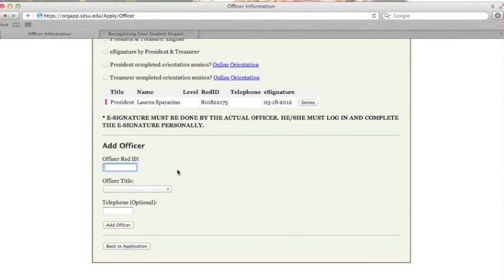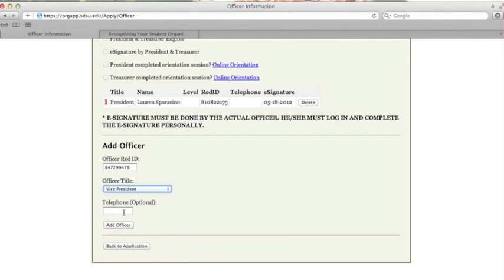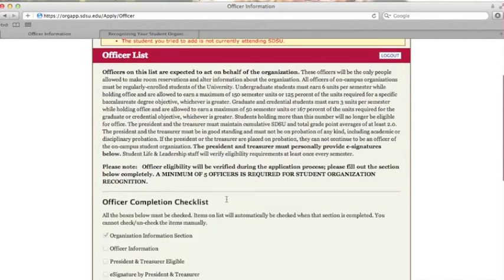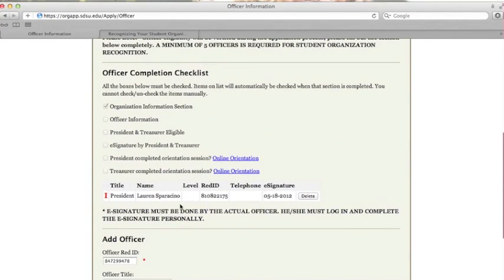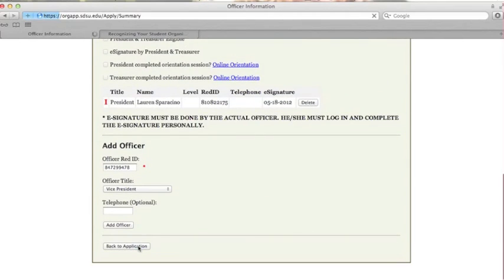So to add an officer, you're going to go ahead and enter their red ID. So I'm going to make one up here. Okay, officer title, this will be our vice president, and then their telephone number, which is optional. You'll add the officer, and if it wasn't a made-up red ID, you would see them listed below the president, and that's how you can go through and add all of your officers. So once they're all added, you want to go back to the application